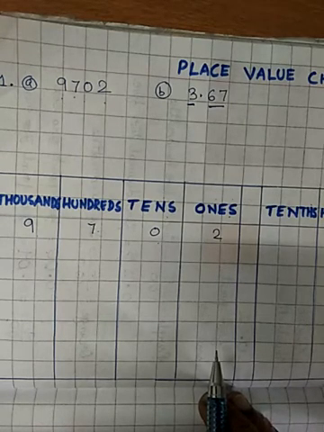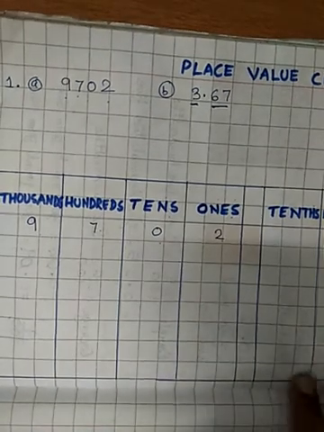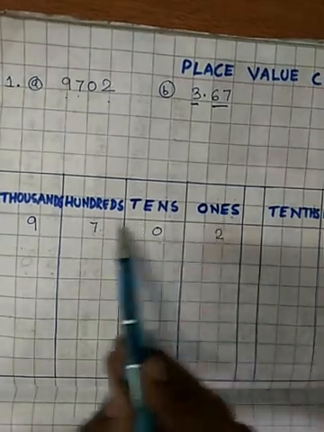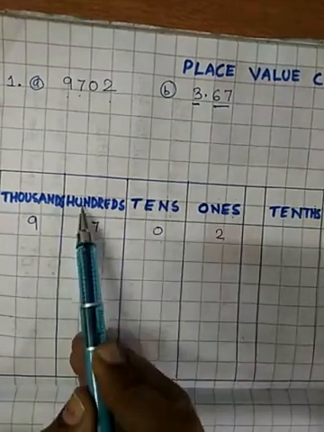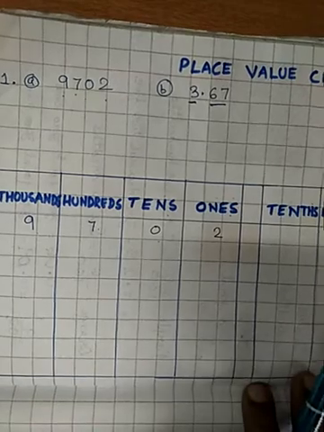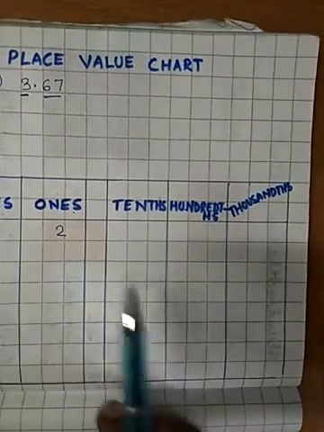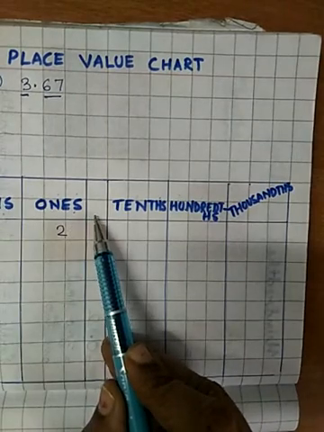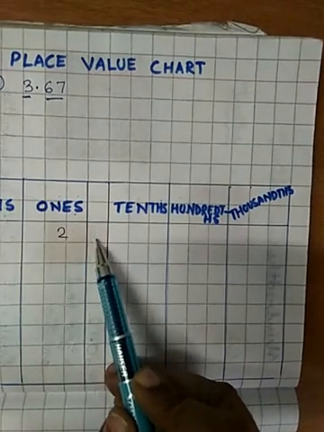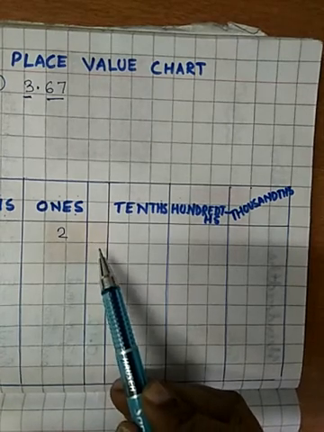Now the question is where to put the point. So first see how the place value chart is made. Okay, this part you know how to make. Ones, tens, hundreds, thousands, 10,000s. Okay, like that you know how to make. This time we will also have a right side. After this I have placed a small gap. This is for the decimal point. Okay, we have to put the decimal point.